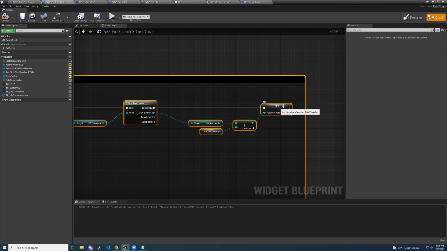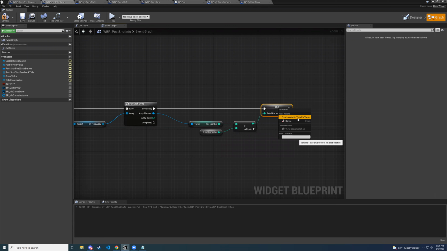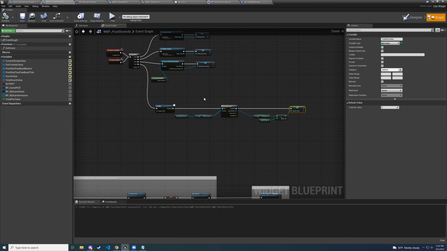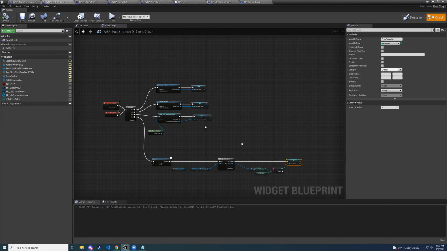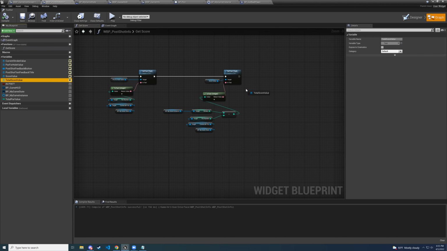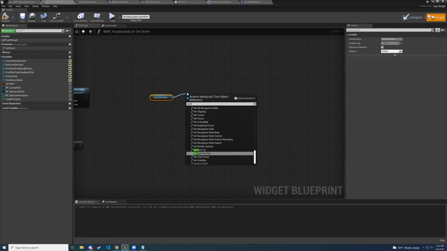And then I see this one is sort of black right here, like grayed out. And same for this one. It's because it's not a variable in this particular blueprint. So what we're going to do is we're going to right click and say create variable called total par value, which is exactly its name, and that's perfectly fine. And now you can see now it has that green hue to it. Okay, so now we have total par value, so we can go back to our get score, and we can do total score value, get set text,